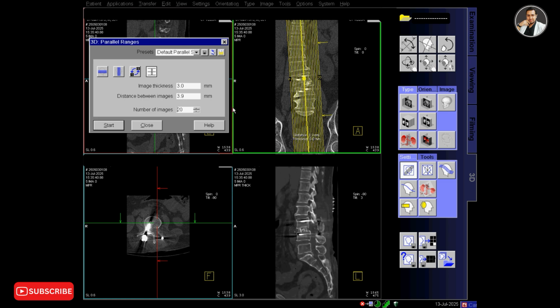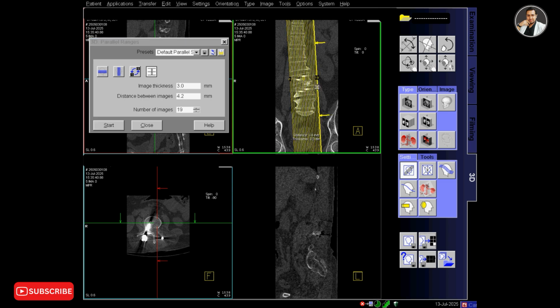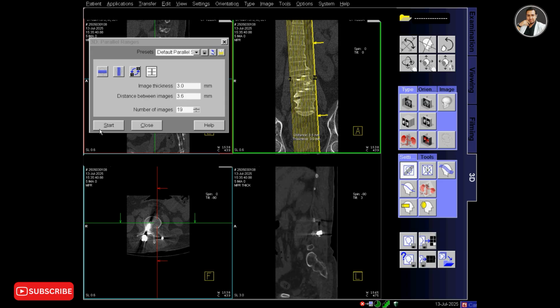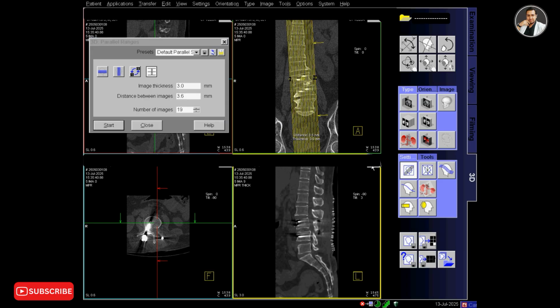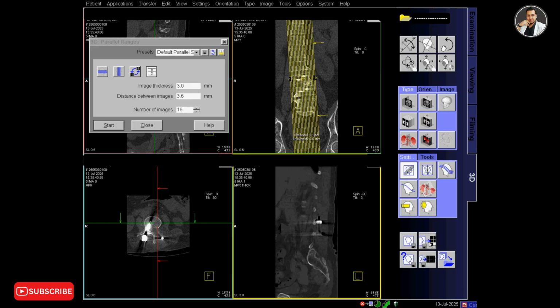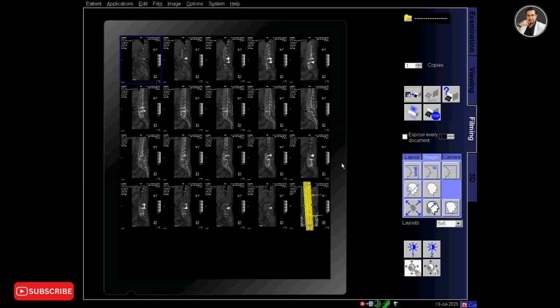and increase the number of images to 19, and plan the slices over the coronal image so that the slices are parallel to the spinal axis, and save and send the sagittal image to filming, and also the reference image. Send this and then go to filming.